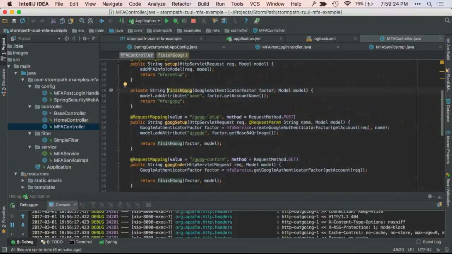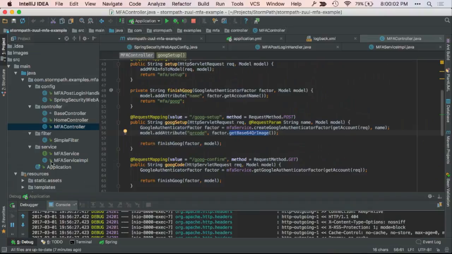So in the setup, we create a Google Authenticator using the account, because the user has logged in at this point, we know who they are, and the factor is always associated with the user. And we're adding this get base 64 QR image, I'm adding to the model. So I don't have to worry about how that QR code was created, where it lives. It's just a method call that we expose so that you can easily show the QR code.